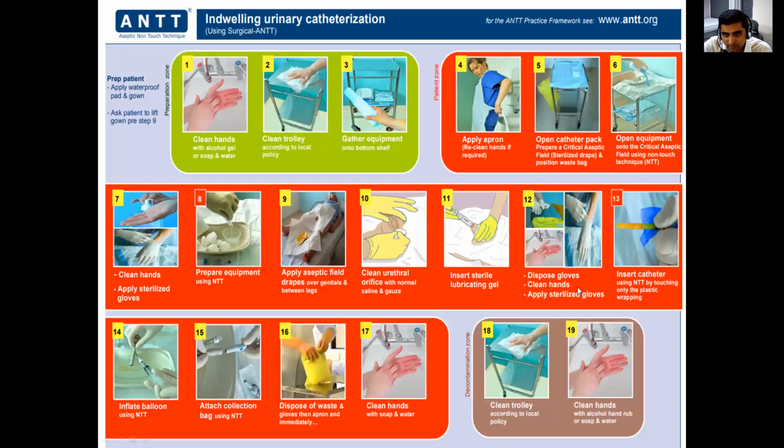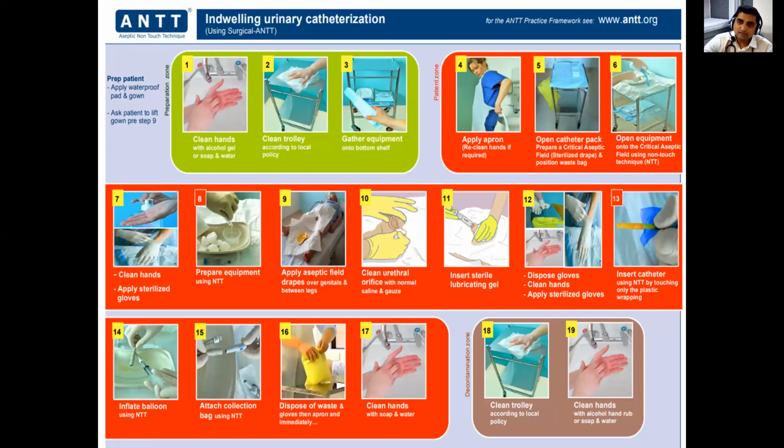After that, you can dispose of the gloves, since they are non-sterile now, then clean your hands again and put on sterile gloves. This is a very important and overlooked part. If while lubricating your dominant hand becomes unsterile, then obviously change your gloves, but don't keep using those gloves, otherwise it will increase the risk of infection during insertion. And then insert the catheter by non-touch technique, touching only the plastic wrapping and removing it as you insert the catheter further.